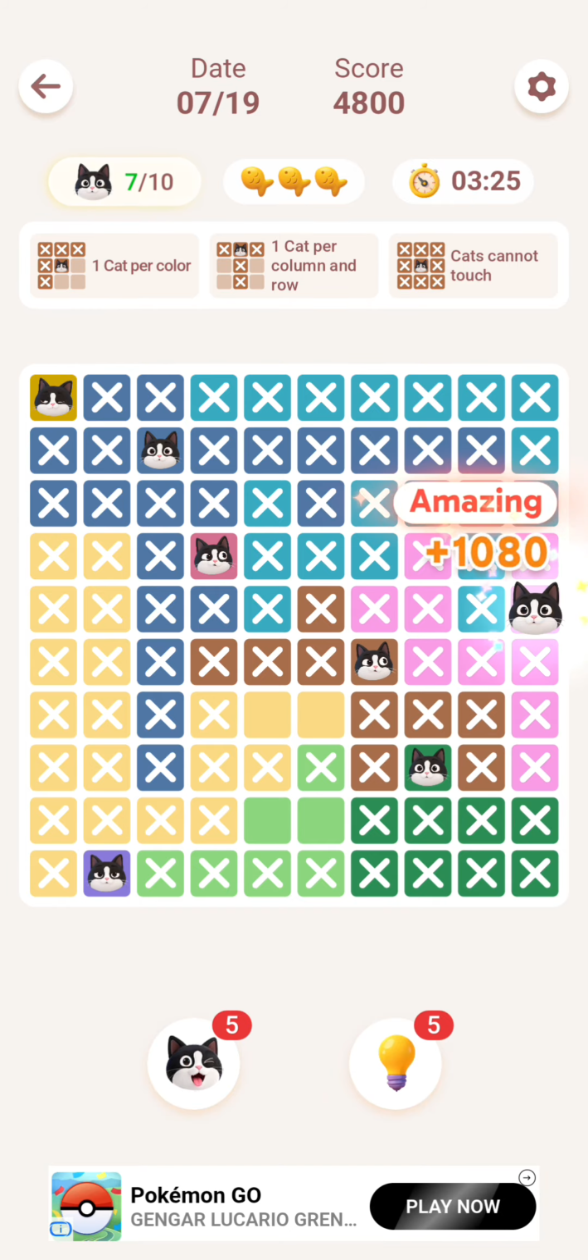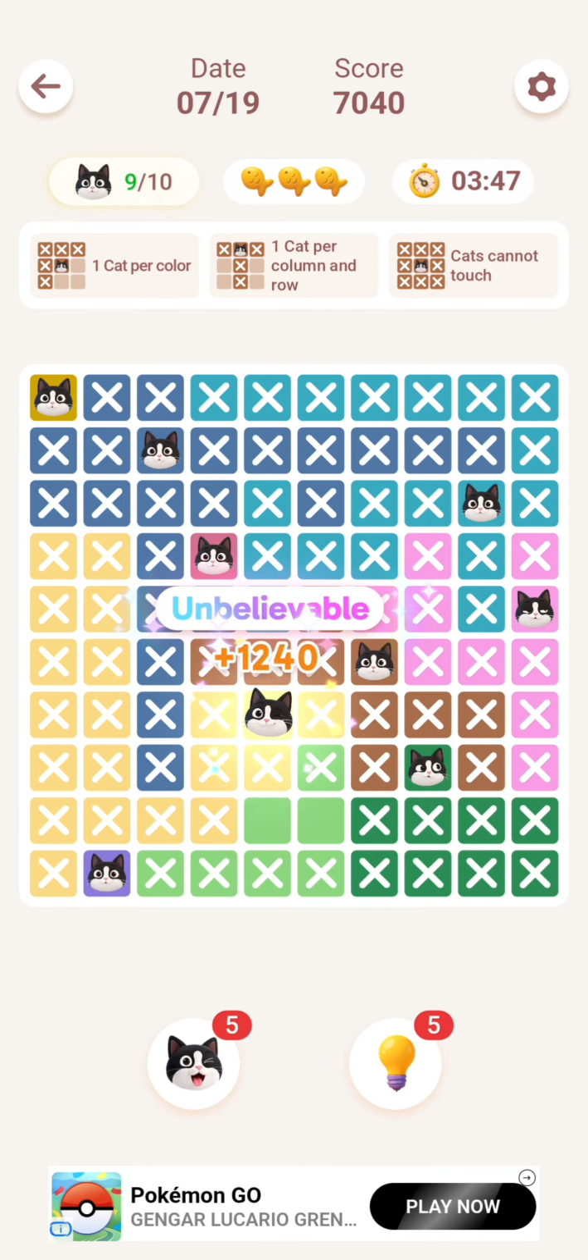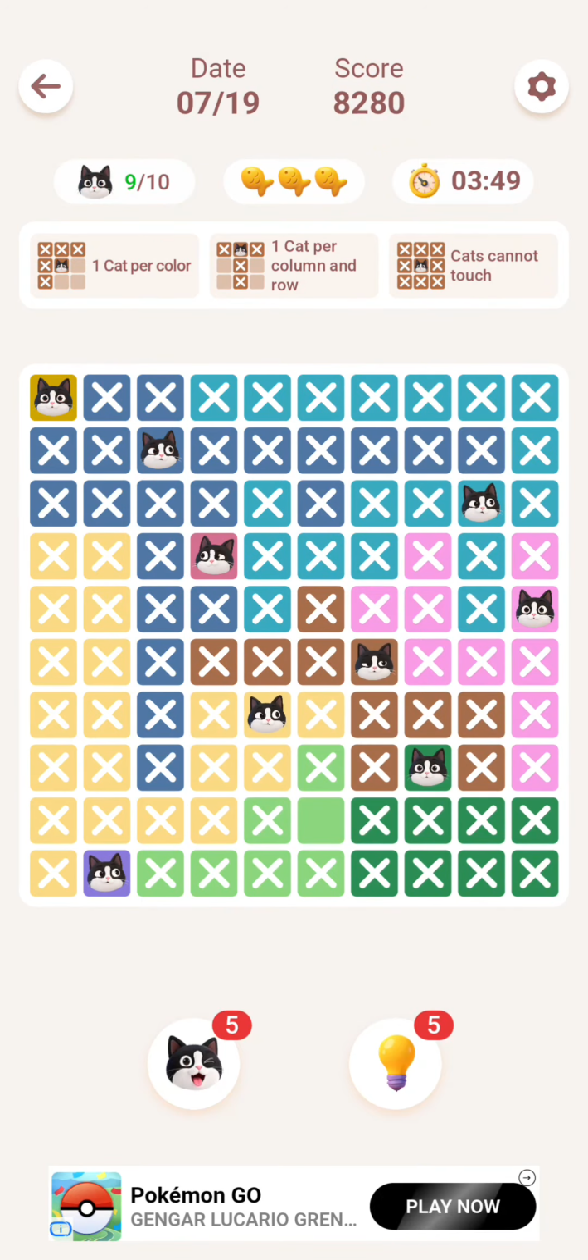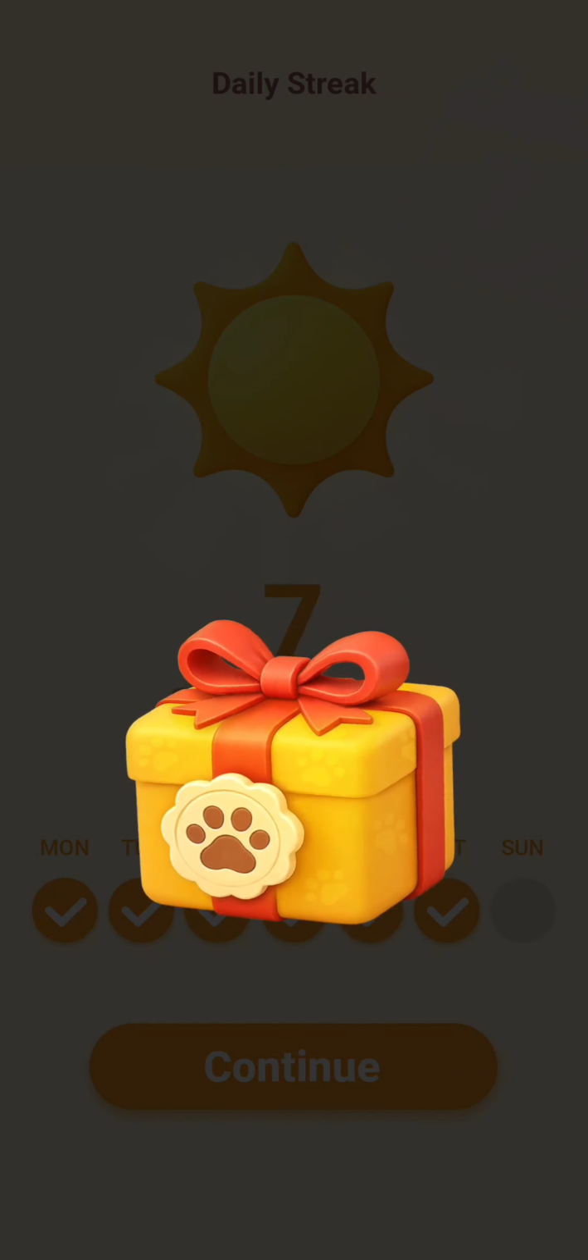Then we have a single pink there, cross out row, cross out column. Then single blue-green there. So we place. So this yellow here is adjacent to the cat on the brown cell, so we cross this out, therefore we have a single yellow there. Then we place our last cat, and that's our